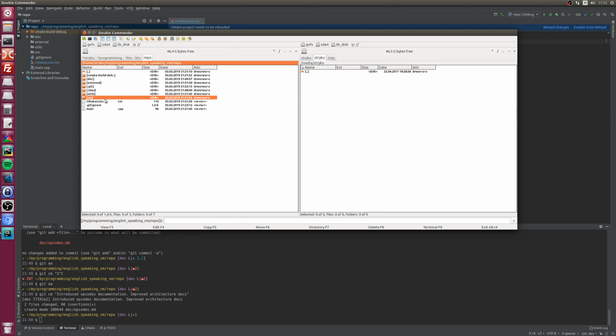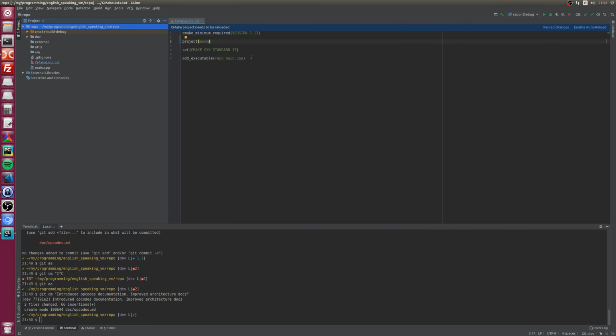I think I will divide it into two. I mean, the whole engine of the virtual machine is going to be in a separate library, and the virtual machine is going to be in a separate executable. So yeah. Okay, let's start from basics.